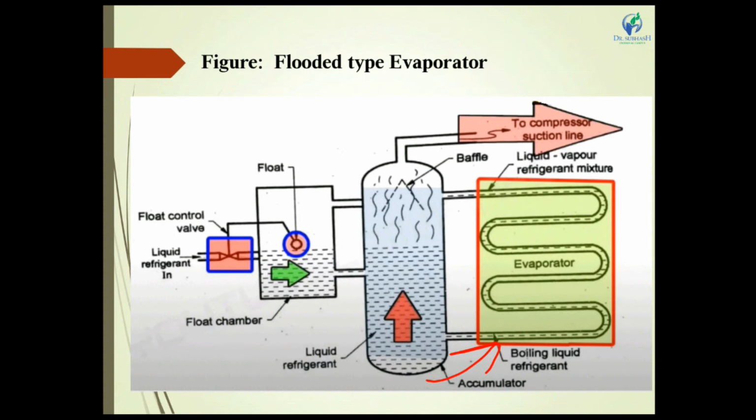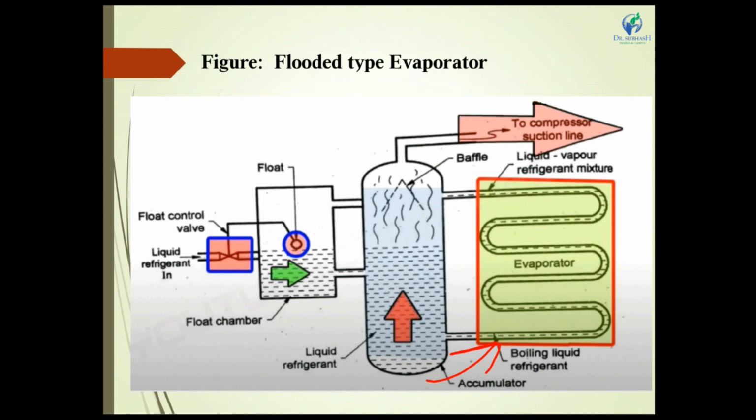If we pass partially vapor with the liquid refrigerant, its absorbing capacity goes down, because vapor is a type of gas, and gas does not have a higher absorbing capacity compared to liquid form. So it is compulsory that only liquid refrigerant passes through the evaporator, to gain the maximum heat from the enclosed space and give a maximum refrigeration effect inside it.